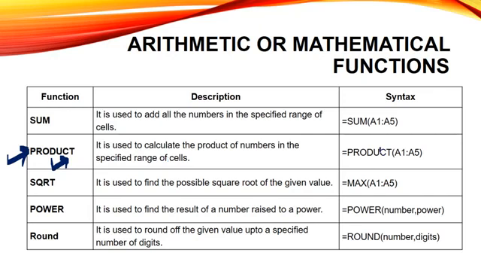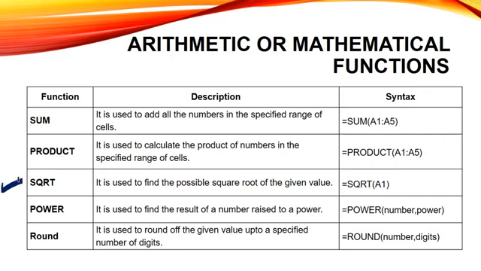The use of this function is simple. We have to write PRODUCT followed by the cell range, or in place of the cell range we can directly pass the values or directly cell references. Fine. The minimum requirement of this product function is at least two values or two arguments. The same is with the sum function.